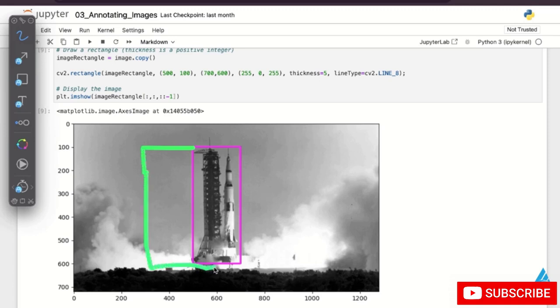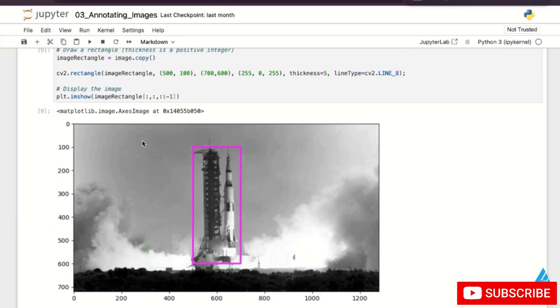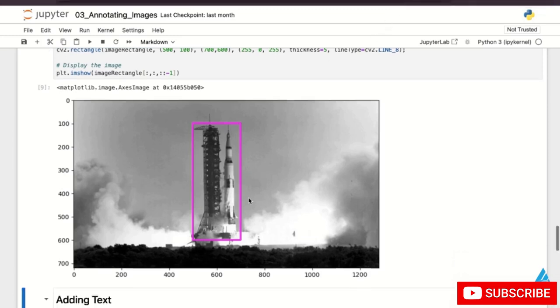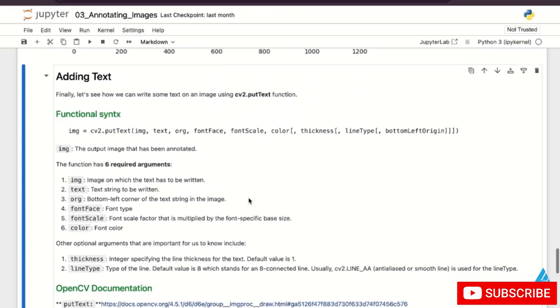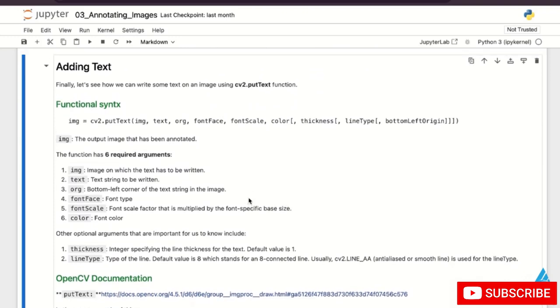Same as if I try to shift it upwards, we are going to have a rectangle of higher height. The next annotation we are going to see is how we can add a text. And to add the text, we have 6 required arguments: the image, the text which you want to render,